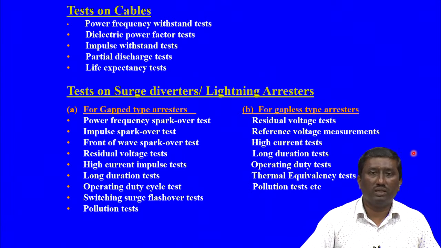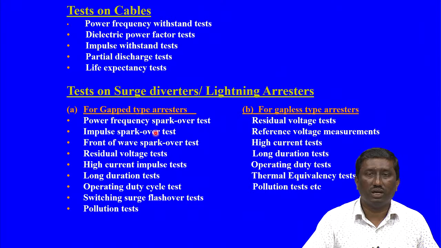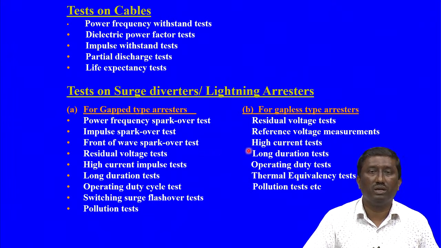So, earlier silicon carbide was used, with the gap type arrangement. Basically, silicon carbide or zinc oxide are non-linear resistive elements which are stacked one above the other. Zinc oxide has better characteristics compared to silicon carbide, that is how the technology has migrated to zinc oxide. So, the gap type of arresters